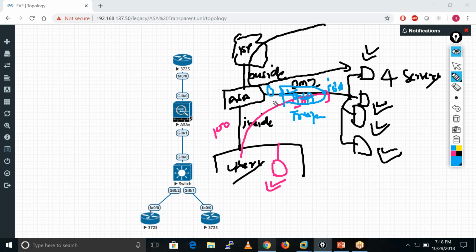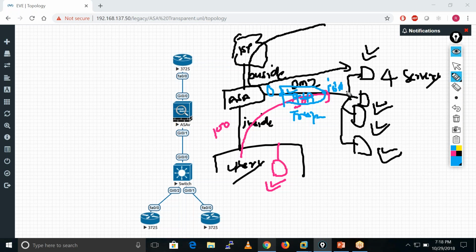So the traffic passing through this firewall is like outside to inside, and this firewall applies all the policies. That is the main benefit of using a transparent firewall.